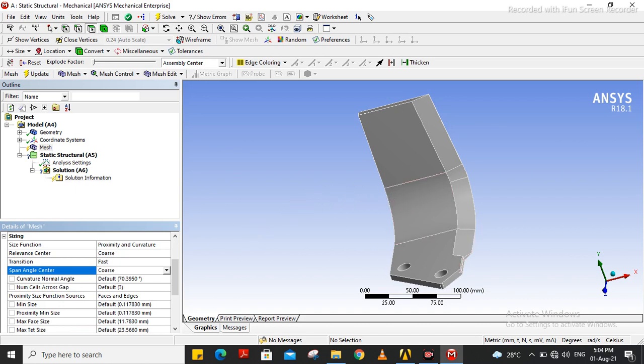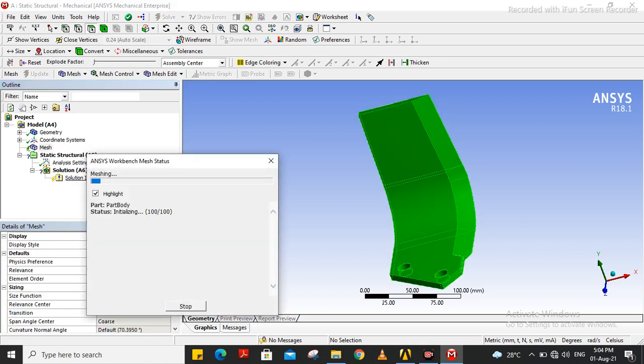So we will take this for teaching purpose. So go to mesh, right click, generate mesh. So it will be generated very fast, as we have selected only the coarse meshing. So it will be coarse meshing, not that much fine.